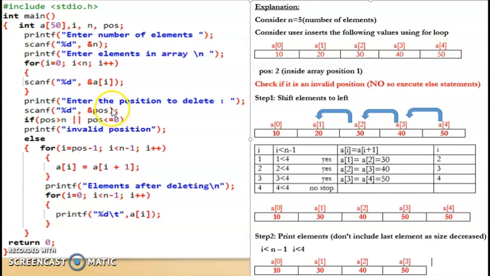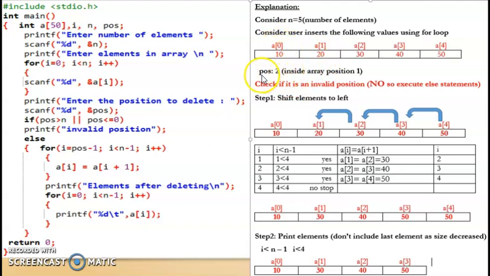Next, it will ask the user to enter the position to be deleted. Whatever value the user enters will be stored in this POS variable. Now consider the user enters position as 2, which means that the element at the second position has to be deleted. As a programmer, we know that array values start from 0.